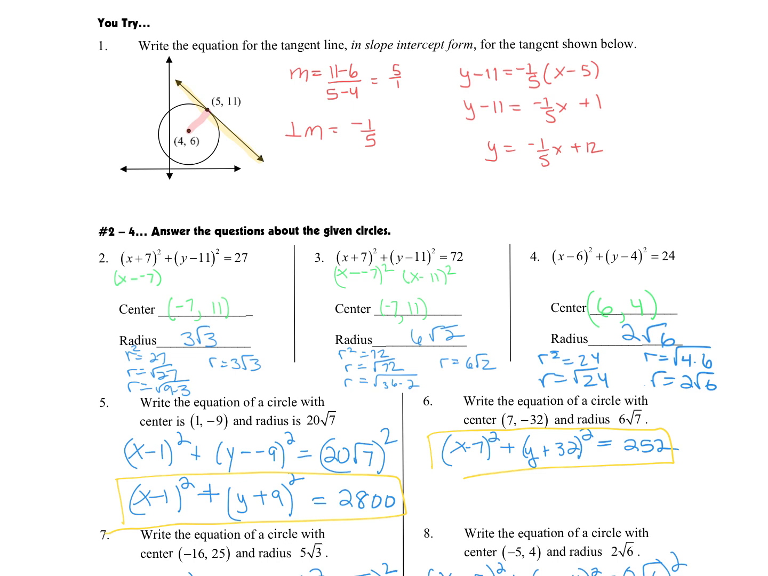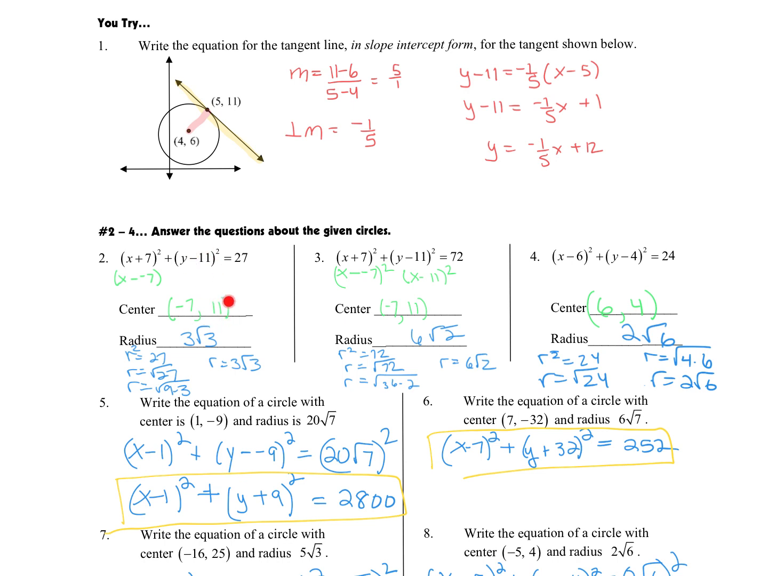In 2 to 4, we just had to answer the questions about the given circle. So the first thing they're asking us in all of them is what is the center, and the second thing is what is the radius. So we really have to know our equation here. And remember, our equation is x minus the h value, which is the center of the circle. So if we look at this, it's x plus. What that came from is x minus a -7. So that h value is -7. If we look at y minus the k value